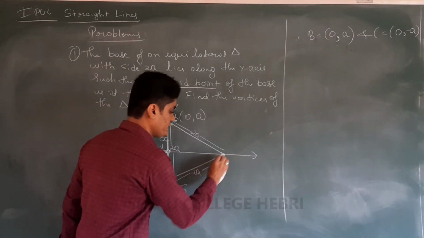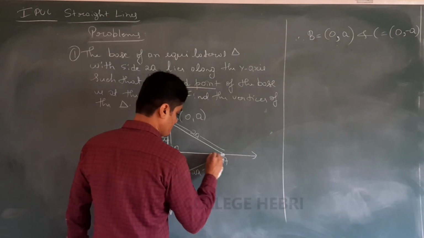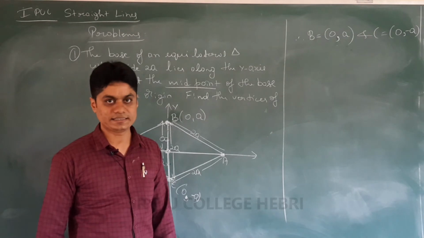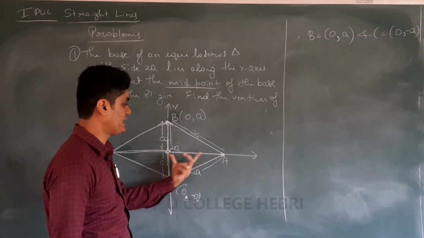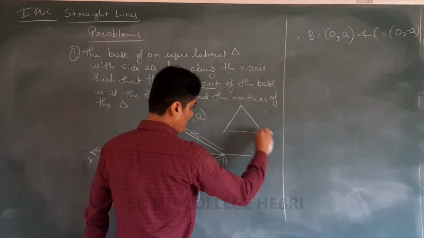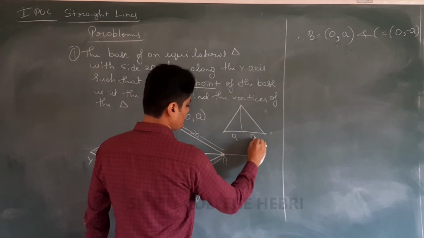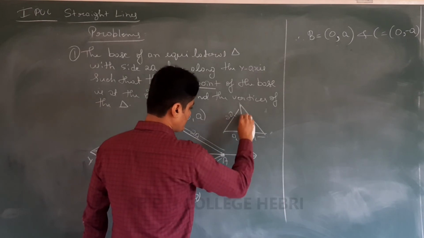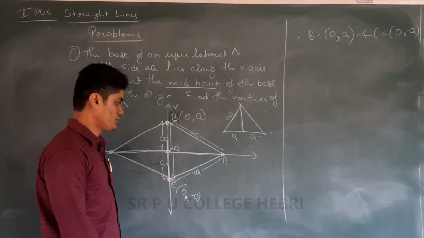Now the remaining thing is to find the coordinates of A. To get the coordinates of A, we need this height. If we know this height, the problem is solved. So how do we find this height? The next step depends on how to get the height of this triangle. If we turn the triangle upside down, this is the height, this is a, this is also a, this is 2a, so this height is required. You can find it any way, using the area formula or the Pythagoras theorem. You can use any method.